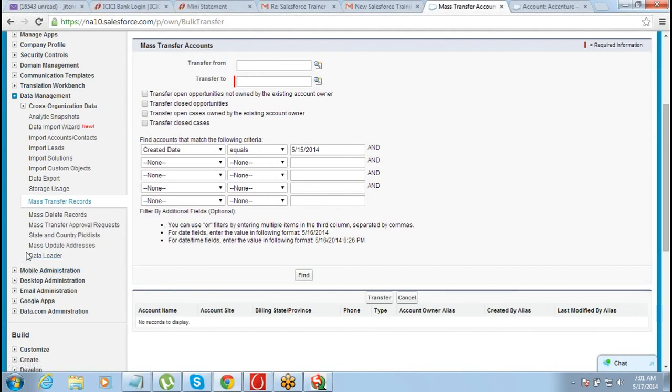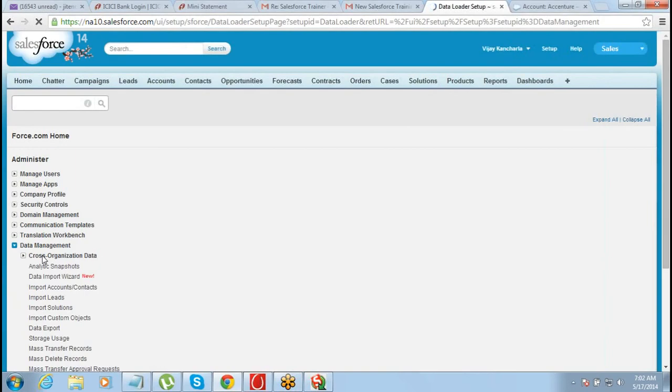To install data loader, you just need to go to the data loader option, which is available under setup, data management. There is an option called data loader. So anyone who has not downloaded or installed, please